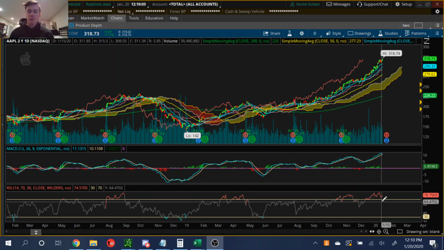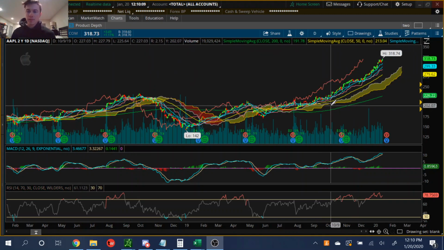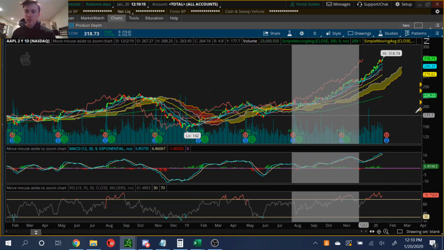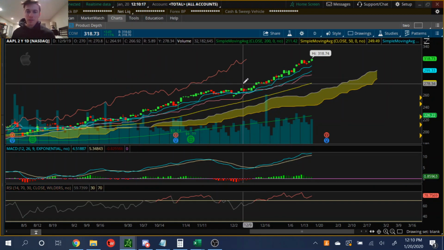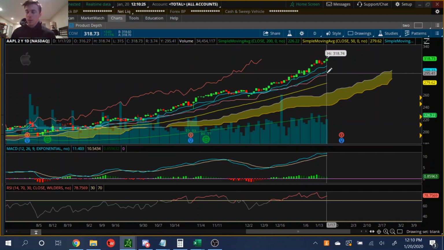And so, first of all, if you're going to use any indicators at all, do not have your chart look like this. If you cannot draw anything on your chart and see it, if you zoom in and you can barely see the candles and make out what's actually going on, you have way too many indicators on your chart. Okay, so number one, the first thing that's bad about indicators, they're misleading because they're lagging,